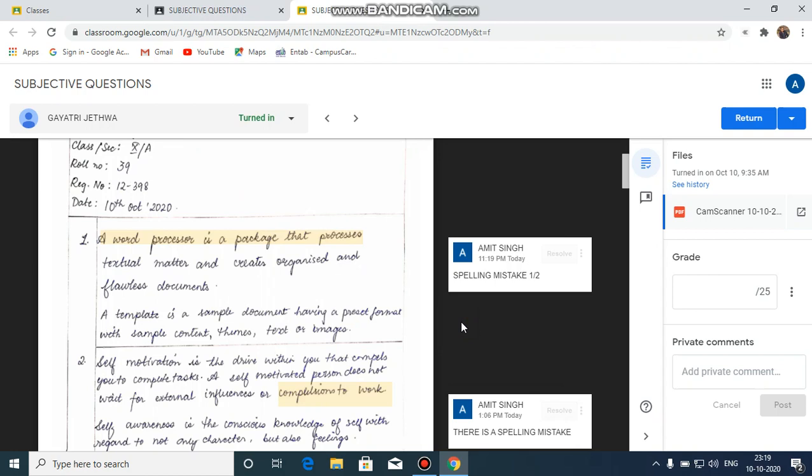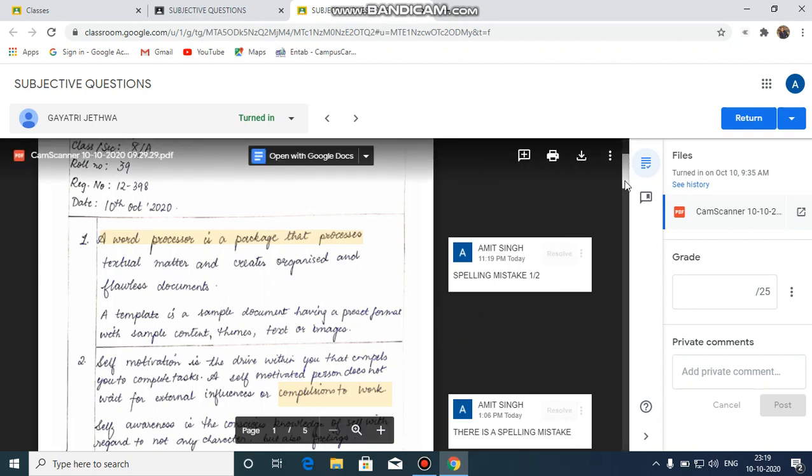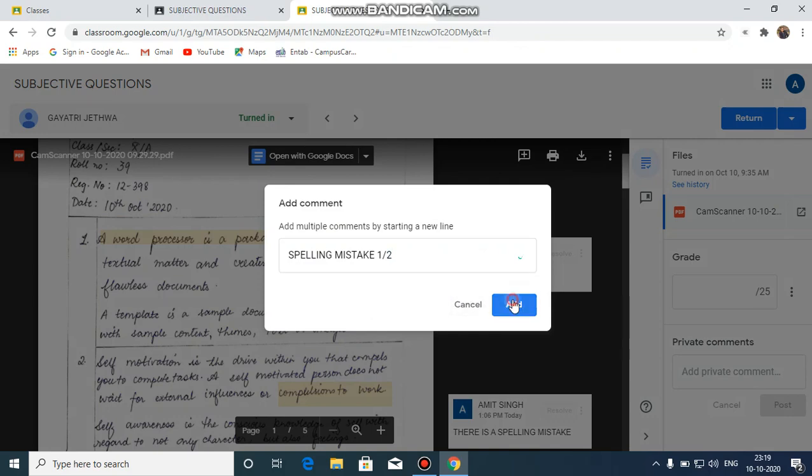Now at this time we have the option of a comment bank. We can create a comment bank. This is for when the mistakes are similar for every student, so we can create a comment bank in our browser. To create a comment bank, we can see there are three dots at the corner, and this is more options. Click on this more option, then the last menu is add to comment bank. Just click on add to comment bank and this comment will be added to the comment bank.